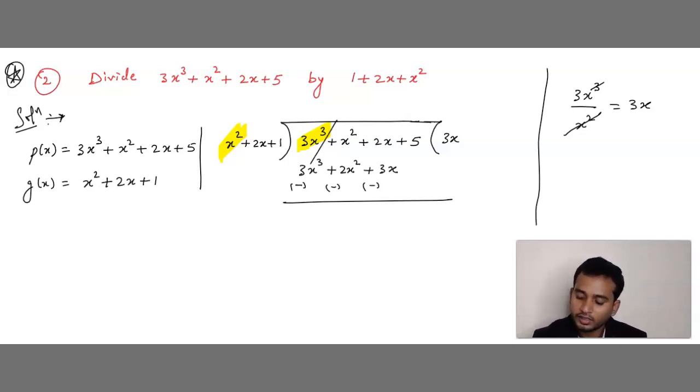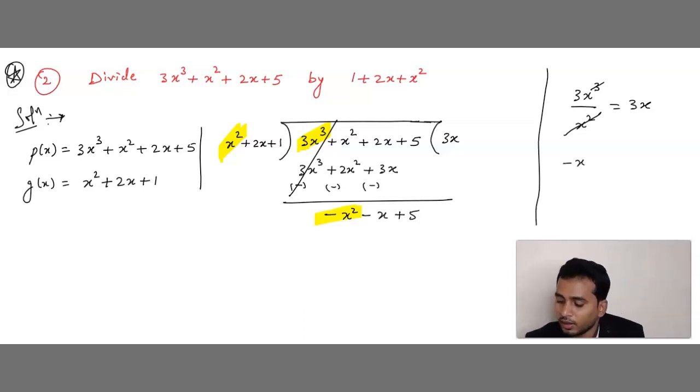Now we can see plus 3x cube minus 3x cube get cancelled. Now 1x square minus 2x square. This is plus x square, means plus 1x square. In 1 can we subtract 2? No. So minus. Then 2 minus 1 is 1x square. 2 minus 3, can we subtract? No. So minus. 3 minus 2 is 1x. This plus 5 as it is comes down. Now what is the inside first term? Minus x square. So that is minus x square by what is outside first term, that is x square. Again this x square gets cancelled, that is minus 1. We write this minus 1.